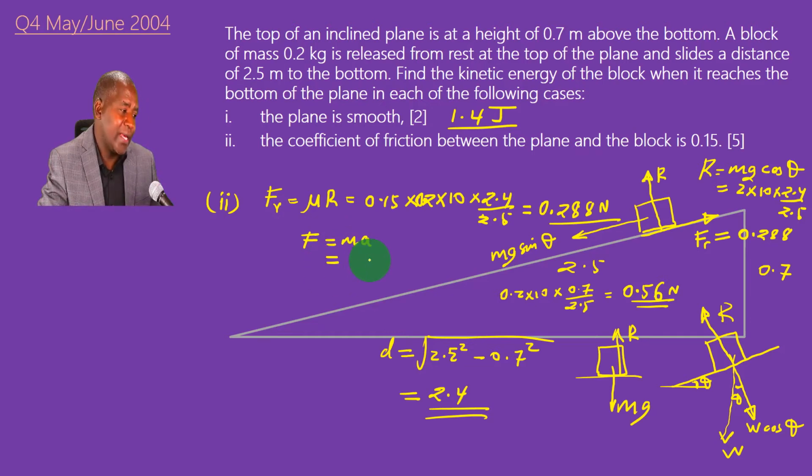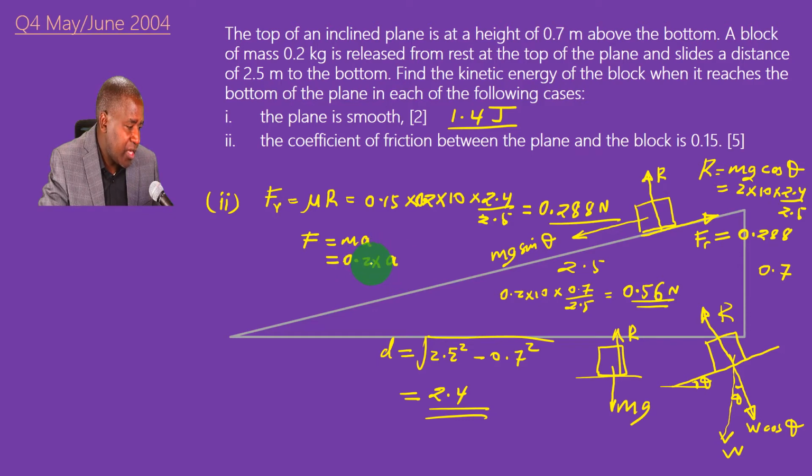And why would I get the acceleration? I want to get the acceleration so that I can get the speed of that object at this point, and using the speed, I can get its kinetic energy. Again, these are ideas which are occurring in my mind because there are 2 forces acting on this object, the driving force and the resistance. So the m is 0.2